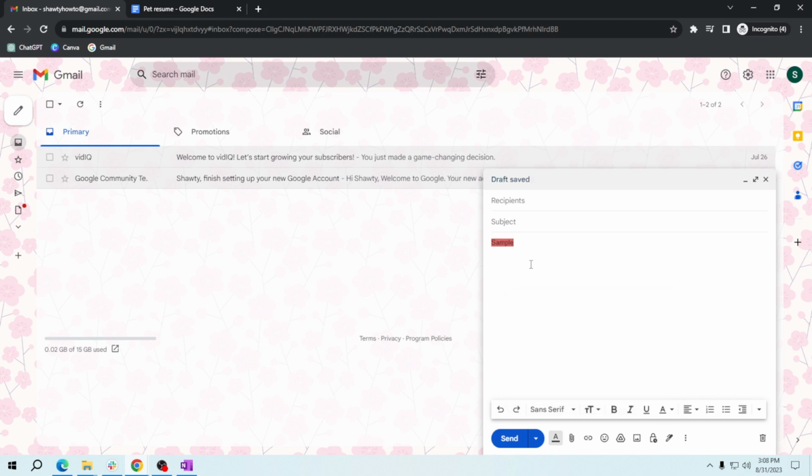and that's it. You now know how to change the color in Gmail, giving your emails a personalized and vibrant